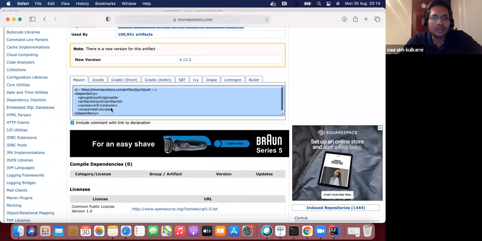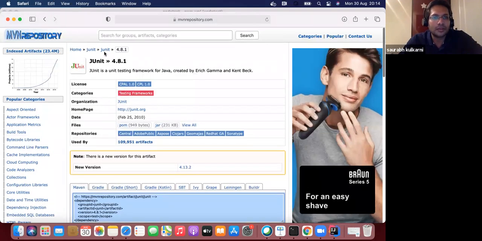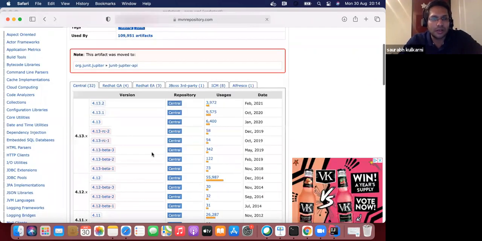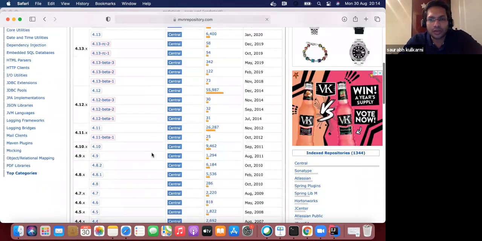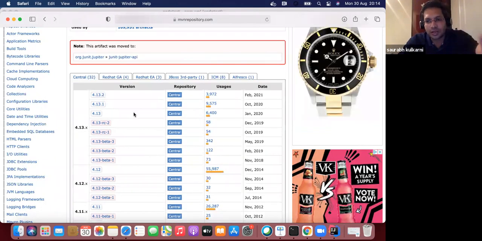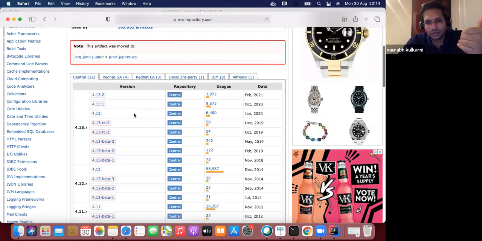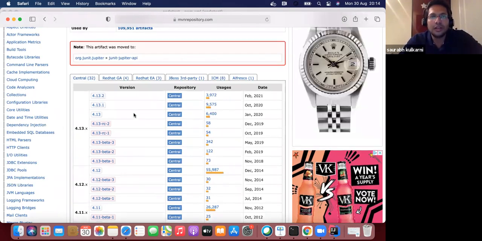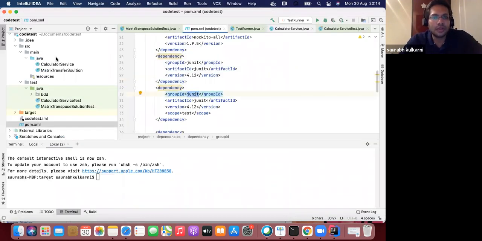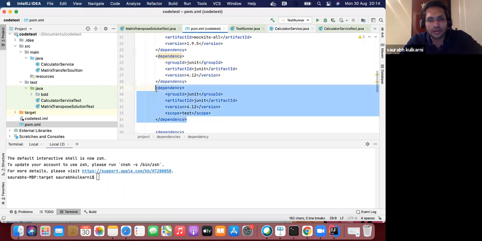And what are the different versions that are available? If you want to see that, you can go to JUnit here, one tab back, and these are the different versions that are available. 4.13.x, 4.12. It's your choice. One of these you can use. I tend to use the latest one. Generally, you should also tend to use the latest one because they are the latest and stable. Okay, so that's JUnit. I have added it twice here, it's not required.